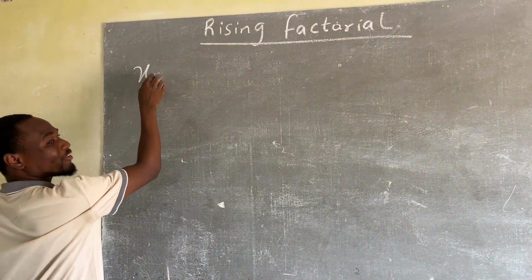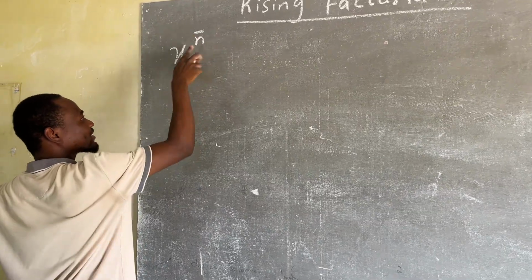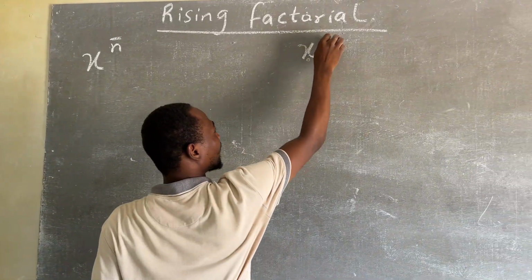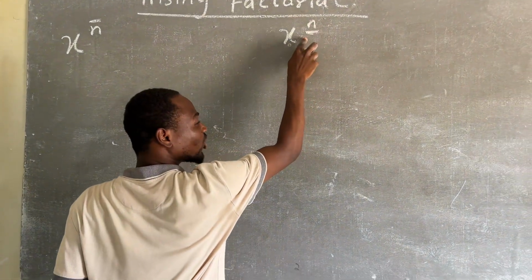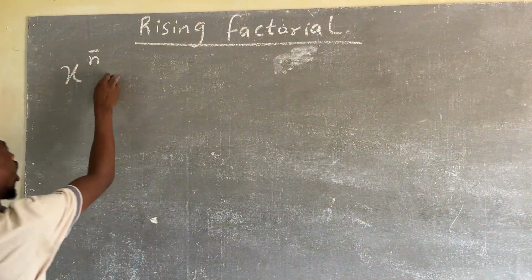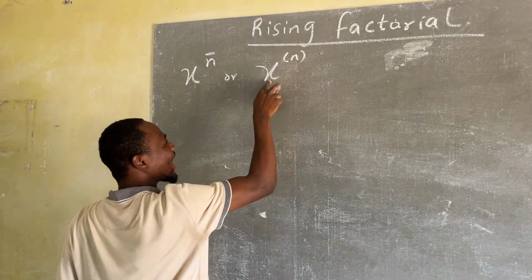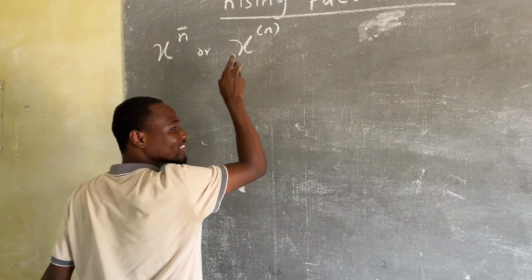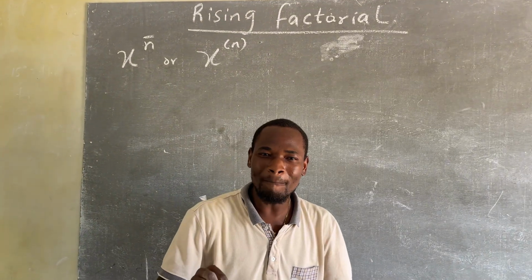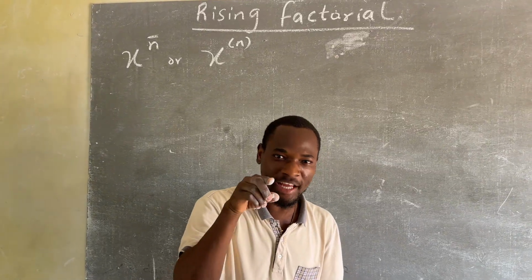x rise n. So this is called X rise n. And remember, this is X for n. Please note this, okay? Alright. Or x this way. So x rise n. As simple as that. So mathematically, rising factorial is denoted by